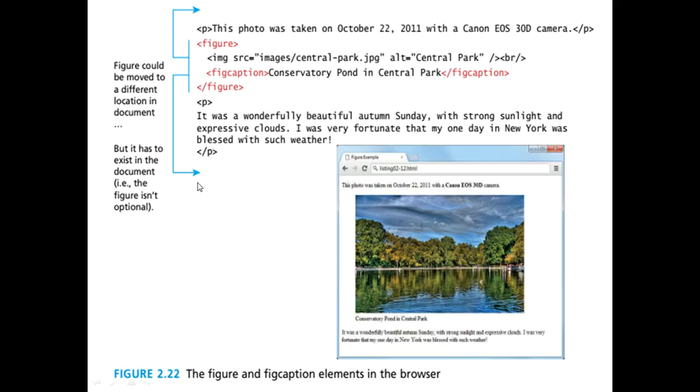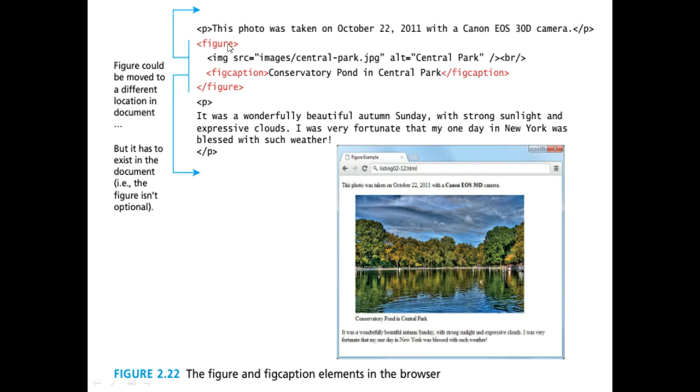So this is an example where a figure is represented with an image. The figure caption is: a conservatory found in Central Park. This image is centralpark.jpg, that's the file name you are given here.